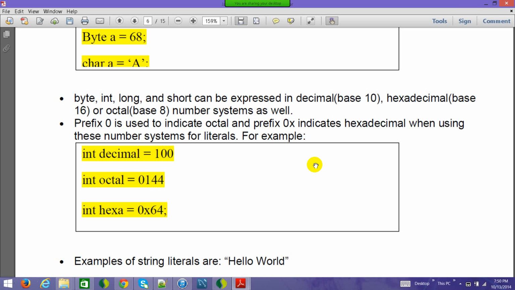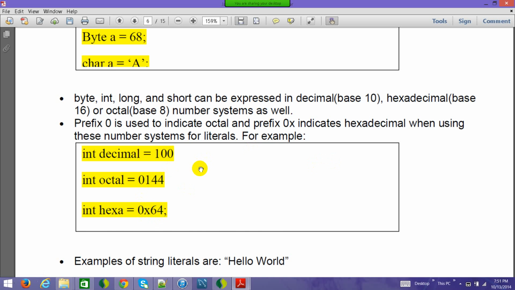Now, there can be some other folks who have the requirement that they want to work on octal numbers, and that's the requirement of their project. Some of the people might be required to work on hexadecimal numbers. Just for reference, octal numbers means the numbers to the base 8. Binary numbers, like whatever we have 0, 1, etc., is to the base 2, and hexadecimal is to the base 16.